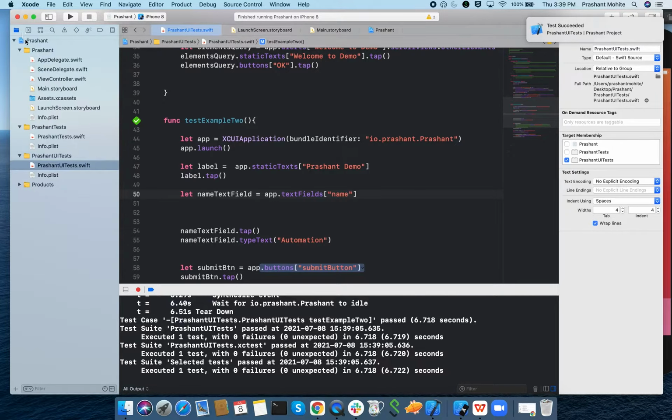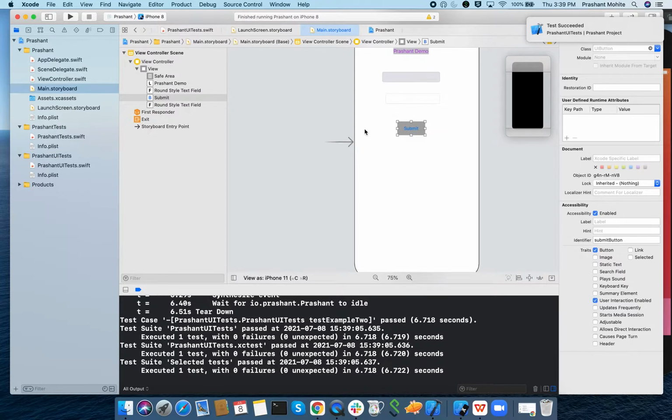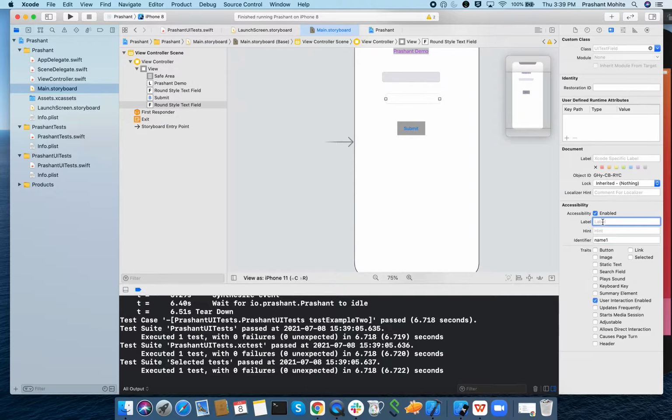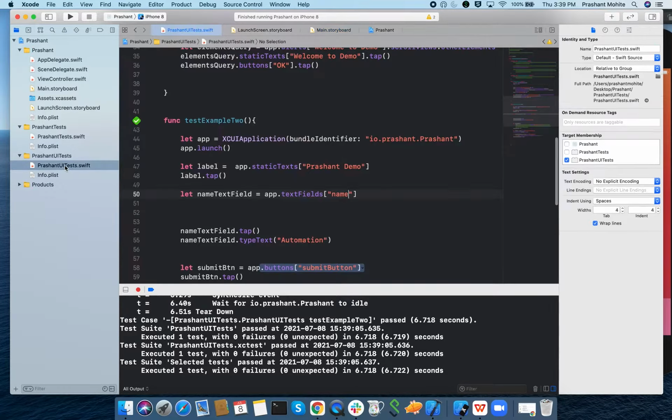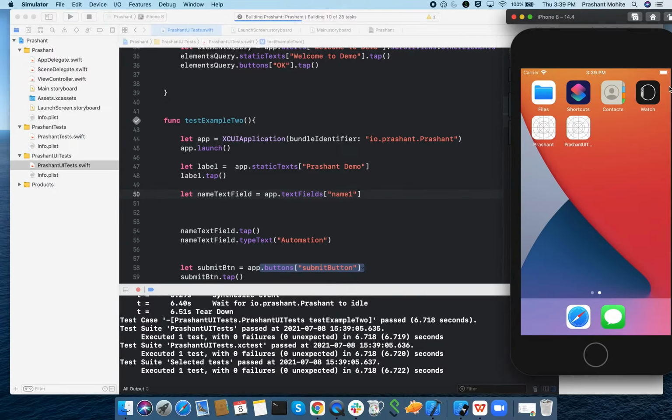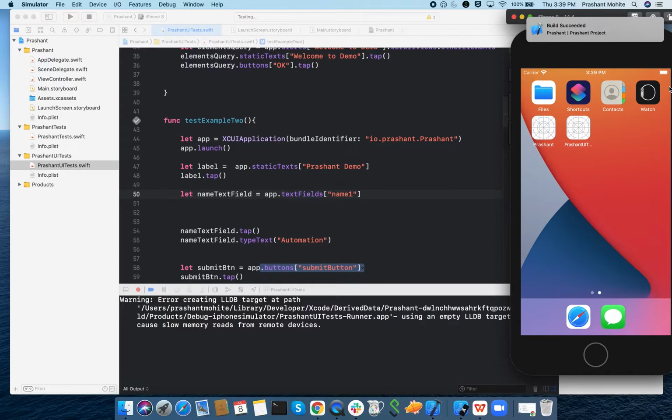Now if I go here in my storyboard, because I have two text boxes, for this one I will use the identifier name one. Let's go with the label here. I am putting a label rather than an identifier, so we can cover both things. If I say name 1 is my identifier, then it should enter data in the second text field. Let's run it.